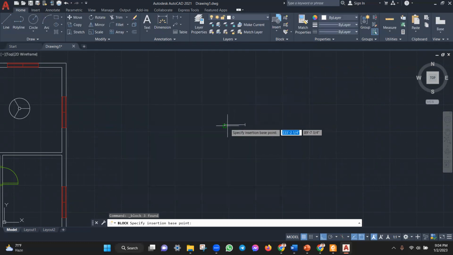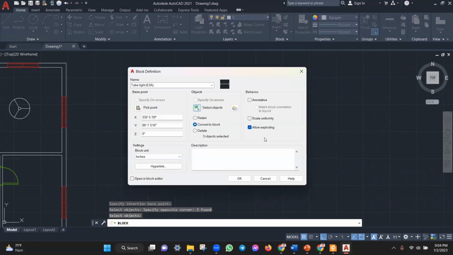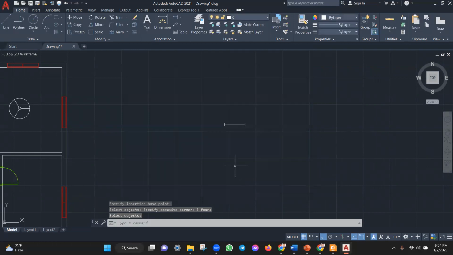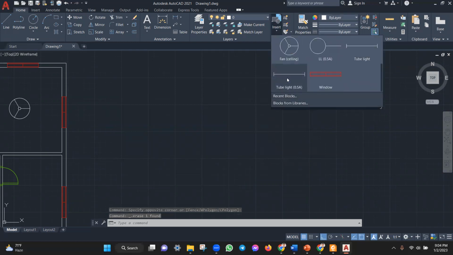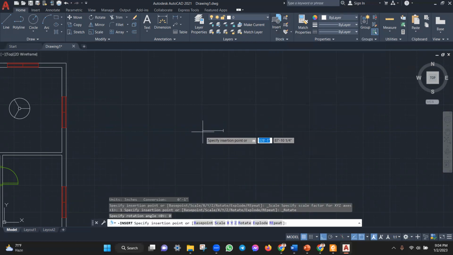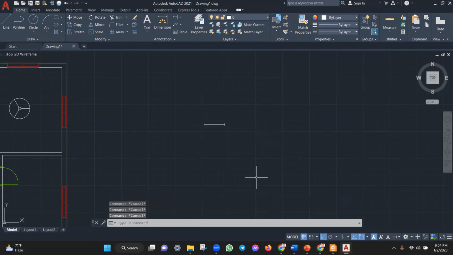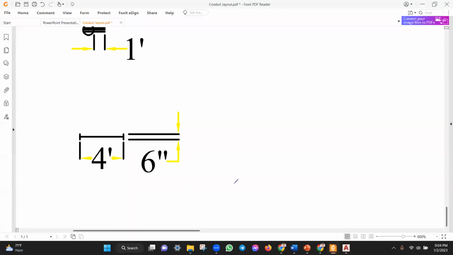So first we need to give the pick point. This is the pick point, and this is the select object, and okay. Now our object is ready to use. This is our tube light, and we need to draw